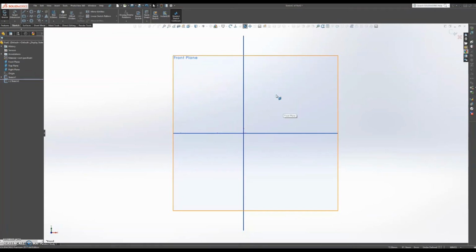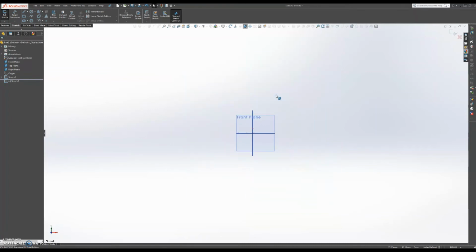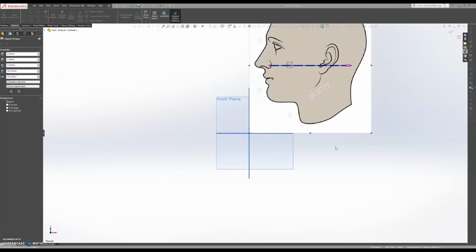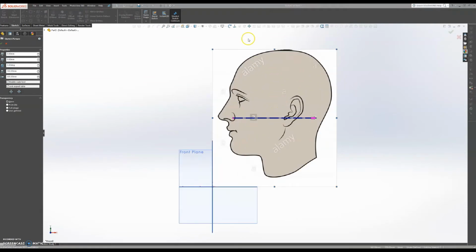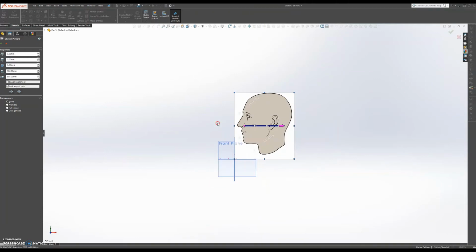Okay, so once you have your side sketch picture inserted, then we need to determine